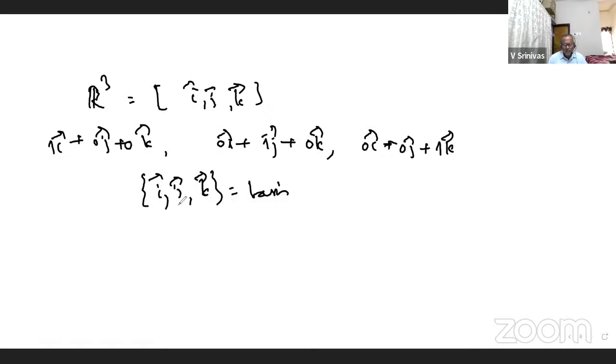If you express these as ordered triplets, you have 1 0 0, 0 1 0, and 0 0 1. This set consisting of these three elements forms a basis for the set of triples in R3. Okay, right? And we call this a basis. And we know that every element, if you take